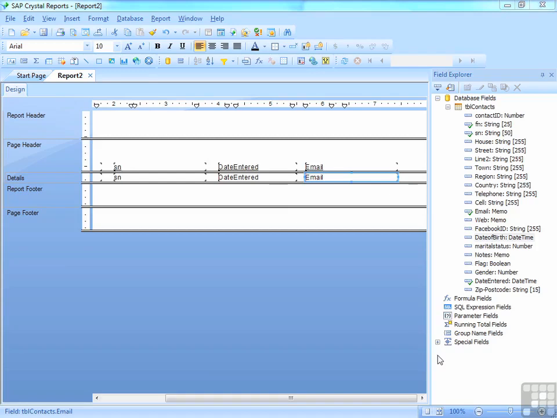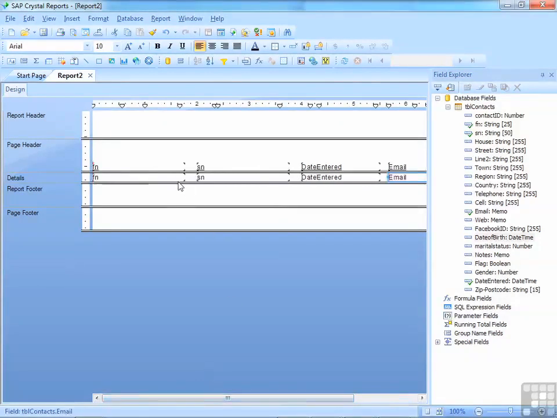We have now effectively built our report. We've created a new report, we've set the page layout, we've connected to a data source, we've pulled in the object that we would like to see, we've placed on the report those fields that we would like to see. So we've got first name, surname, email and date entered, all sat on our report in the details section. All that remains to be done now is to actually preview the report so we can actually see what that